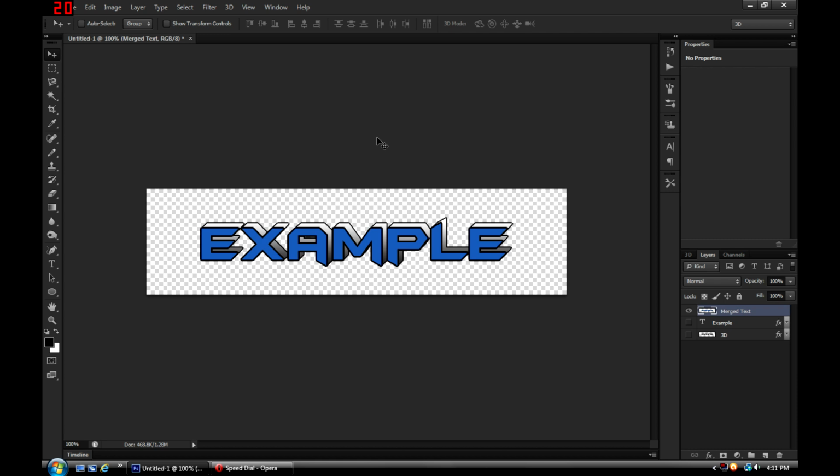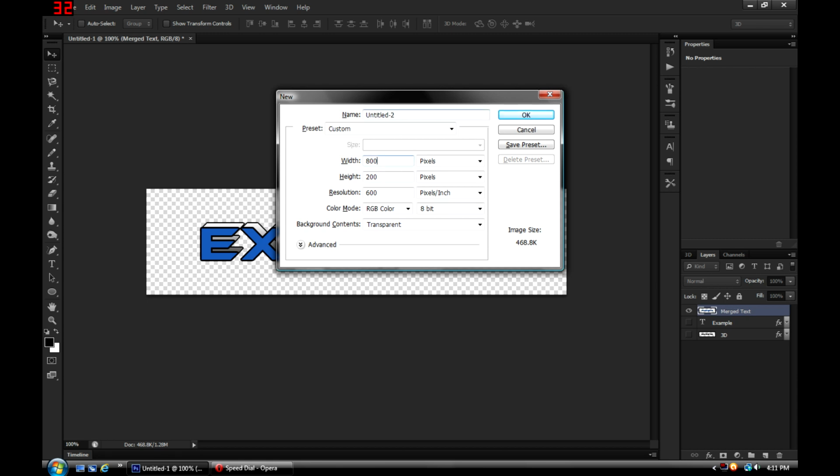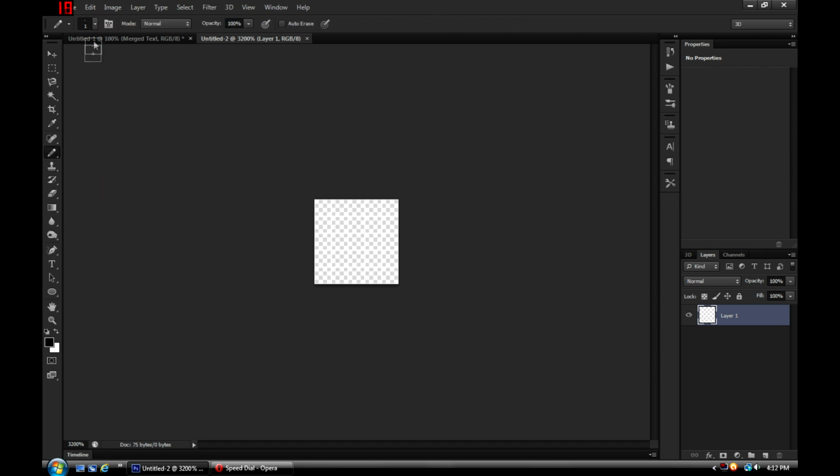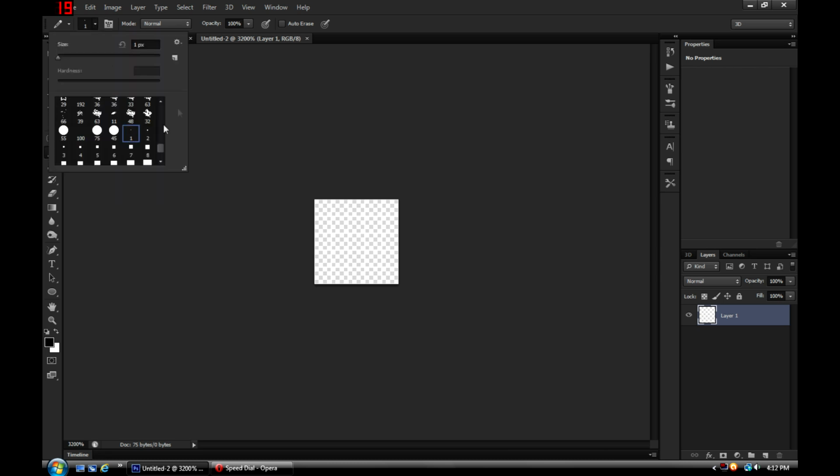So hit Control N to start a new document. Make it 5 width and 5 height. And you're going to press Control and hit the plus button until it zooms in as far as it'll go, which is going to be 3200%. You can see that down here in the corner. And then what you're going to do is take your pencil tool, take a 1 pixel square brush, black in color,